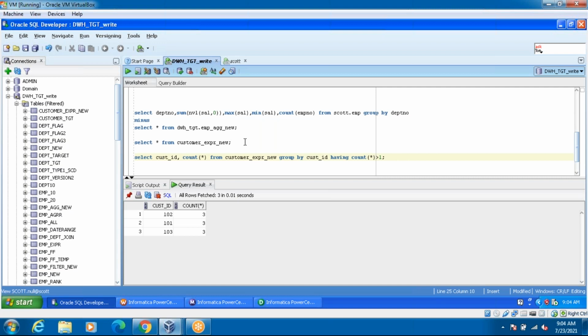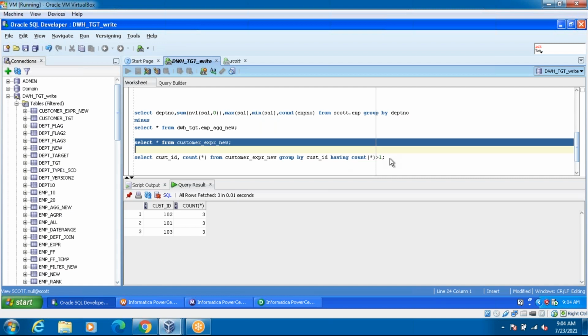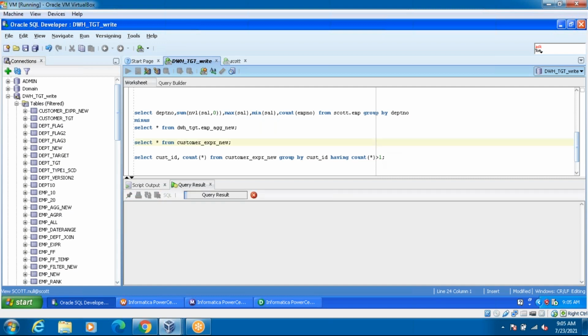Then how to check the data validation here? How to check the data validation? Can you tell me the source query? How to prepare the source query?